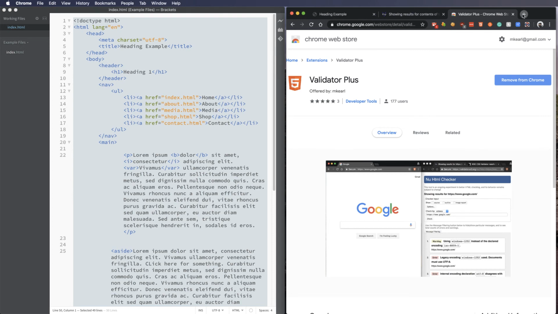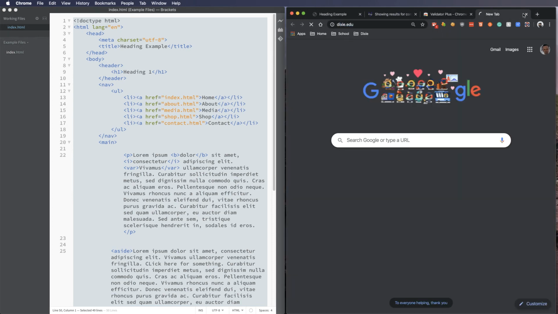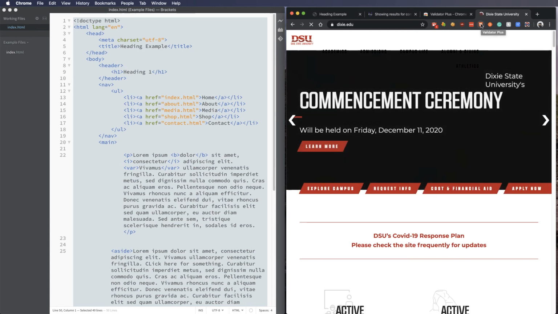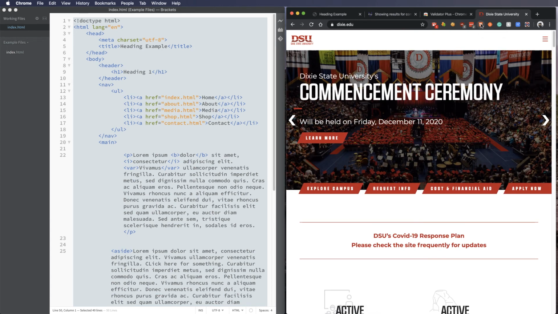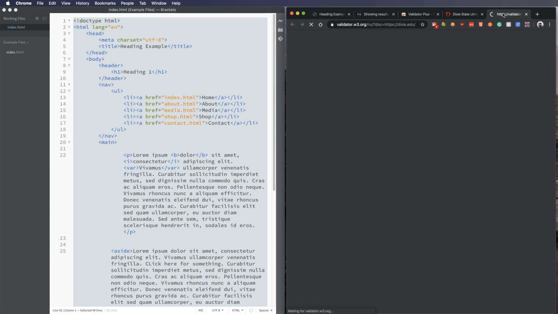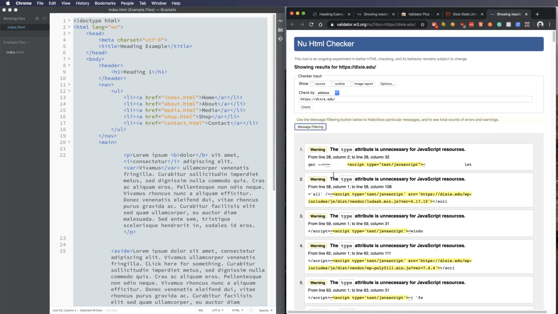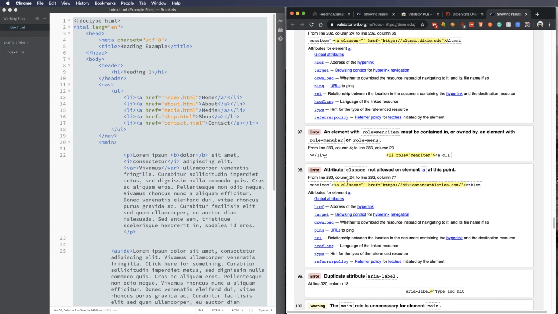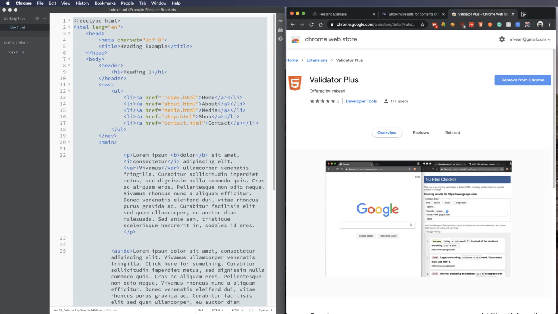And this is really handy, so if you're out visiting a web page and you want to check to see if it's valid, you can just run the page, click the icon here, and it will pull the HTML validation. You can see on Dixie.edu they've got a bunch of warnings and some errors that they need to fix there. But again, really simple way to quickly check